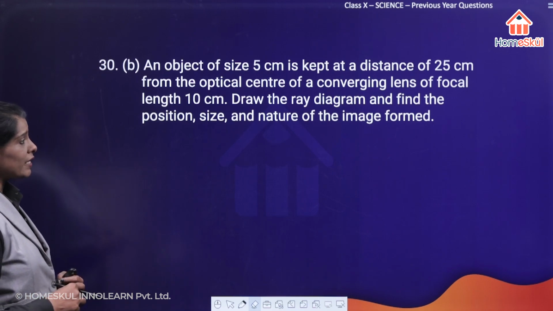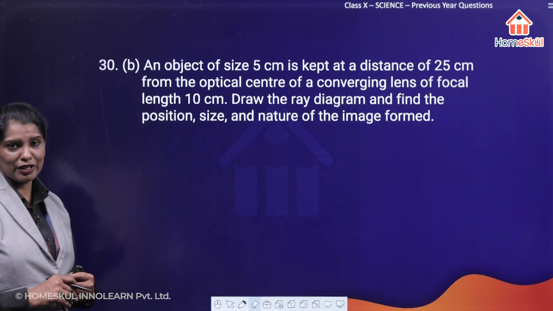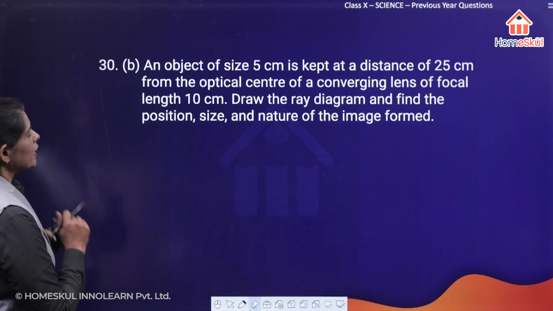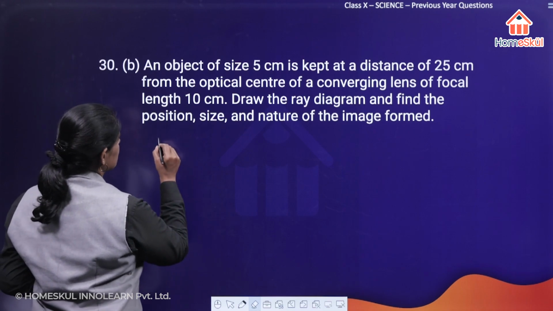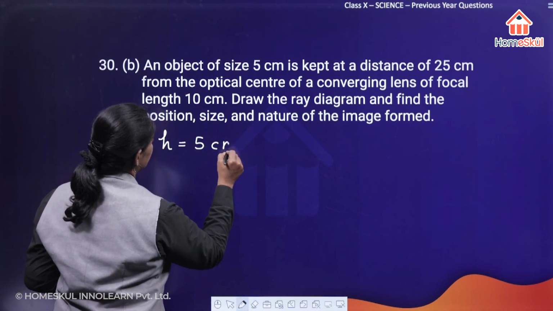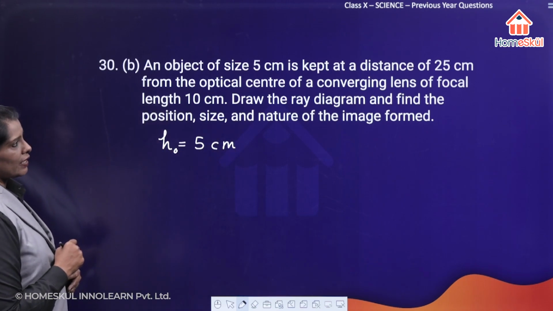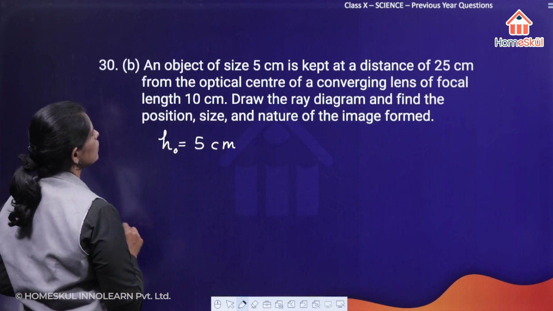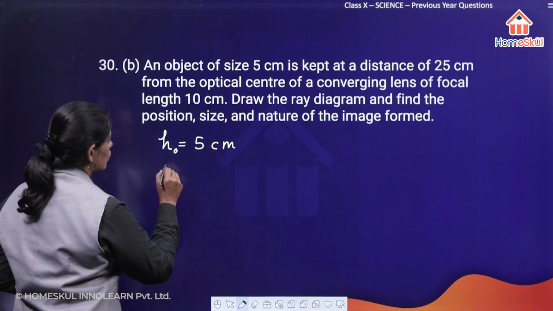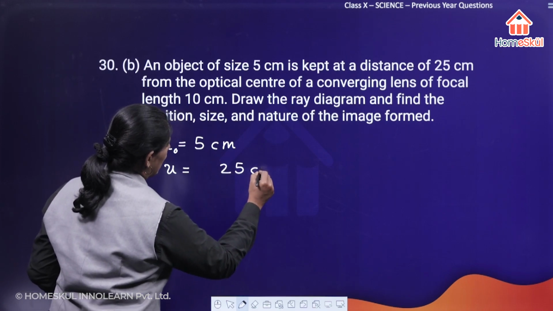We have to draw the ray diagram and find the position, size and the nature of the image formed. Okay, so what is given over here? Object of size 5 centimeter, that means H is given to be 5 centimeter, or we can take it as HO, size of the object as 5 centimeter, which is kept at a distance of 25 centimeter. So the distance of the object, that is U, is given to be 25 centimeter, and we know that as